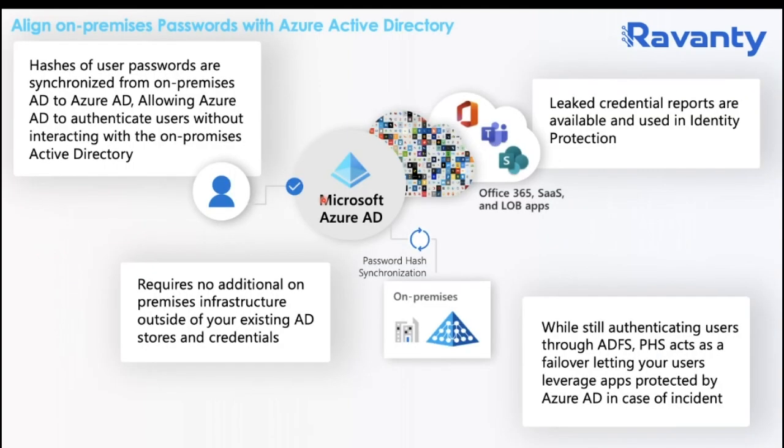Also, we talked earlier about app migration. Now we want to look at authentication and some of the considerations when it comes to that. So the first thing is you want to align all your users' passwords into Azure Active Directory. As you move away from ADFS into Azure Active Directory, you might ask yourself, well, users have a specific password that they have in AD. How do I transition that so that they don't have to set new passwords in Azure AD?